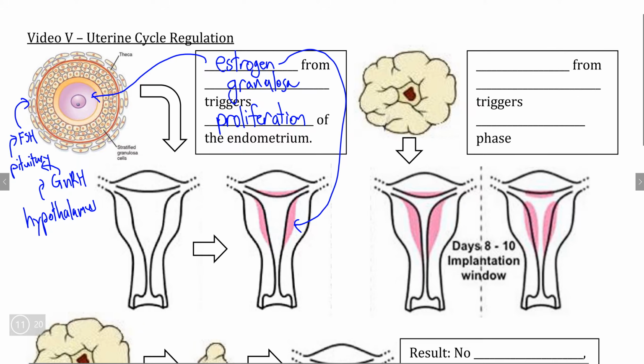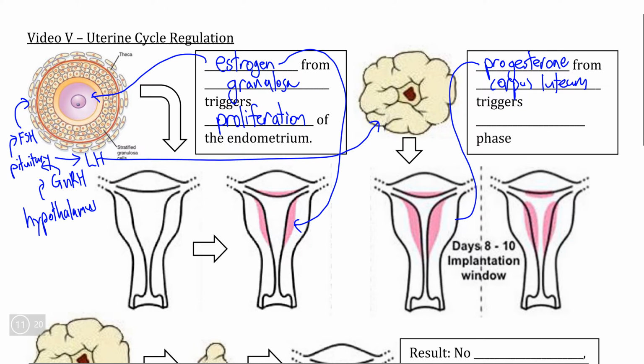Now, going back to the pituitary, we know, of course, that FSH is not the only pituitary hormone. The other pituitary hormone is, of course, LH, which stimulates the granulosa to undergo the change to form the structure that we call the corpus luteum, and therefore enter the luteal phase of regulation here. And of course, the job of the corpus luteum is to produce the second of our ovarian sex hormones, progesterone. And the progesterone from the corpus luteum is going to travel to the uterus and trigger the entrance to the